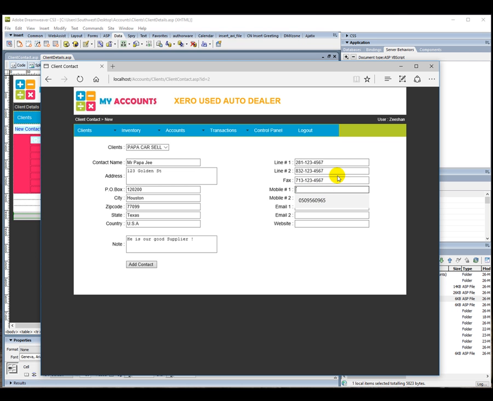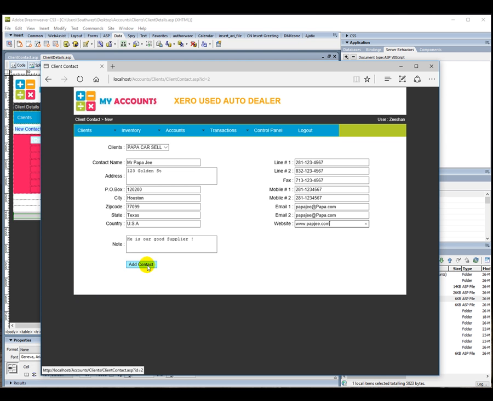Mobile number is also 281 2 4 5 6 7 1 2 7. Email address is papa.com. Paste www.papa.com. Alright, so I'm just gonna add this, but I don't have any